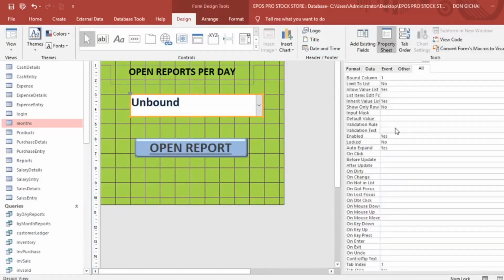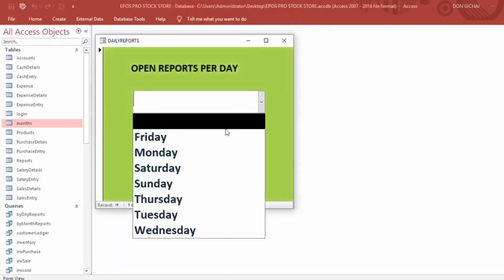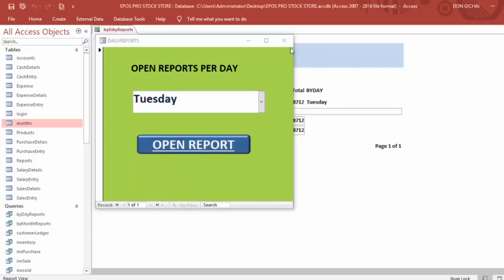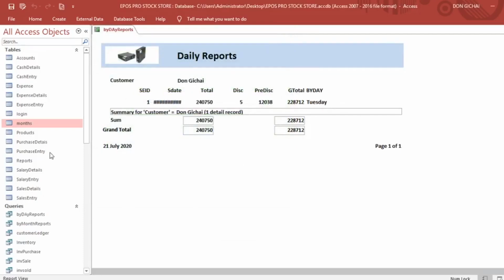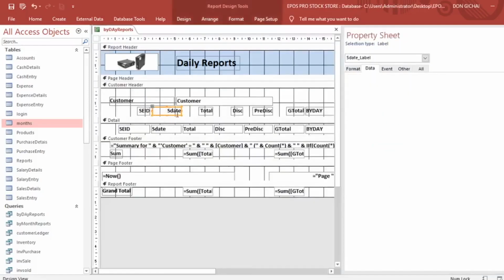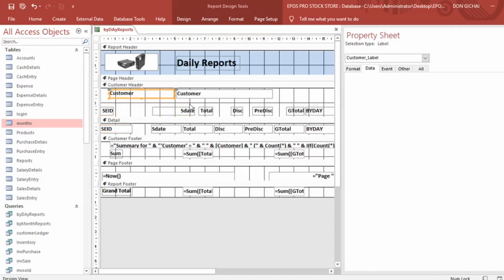Therefore, on my statement here, it will be select distinct days from months, and it will actually read those ones. Today I want Tuesday. If I just click Tuesday, then view report, the report for Tuesday will be displayed, showing that Don Gichai bought this on Tuesday. Therefore this one can be enlarged. Customer name,